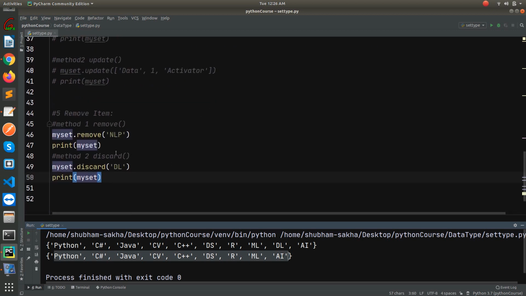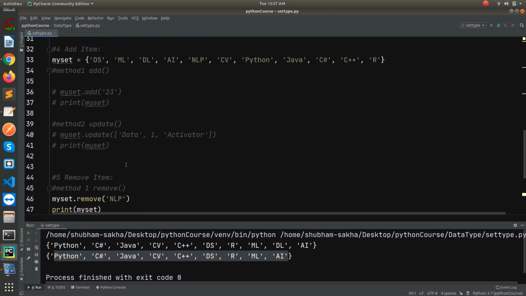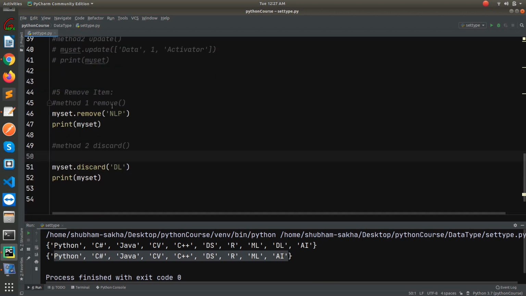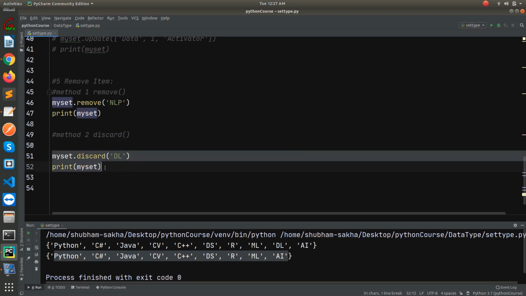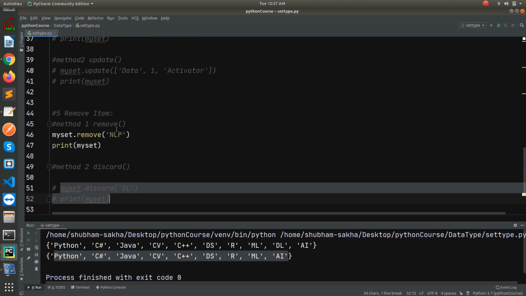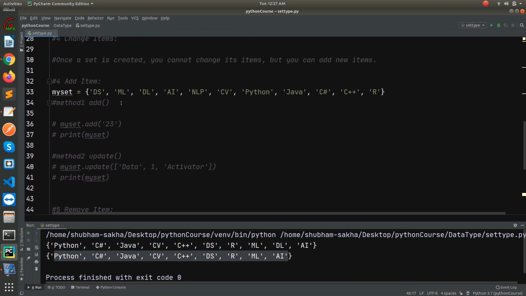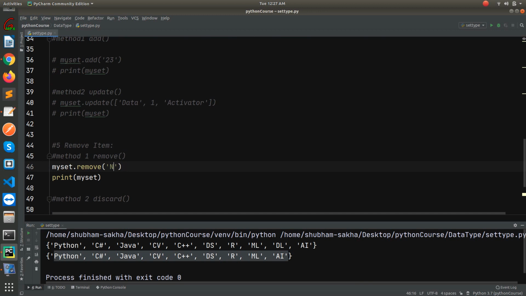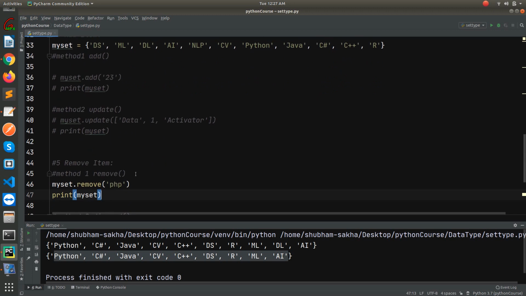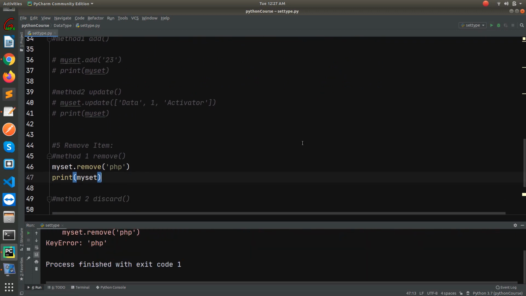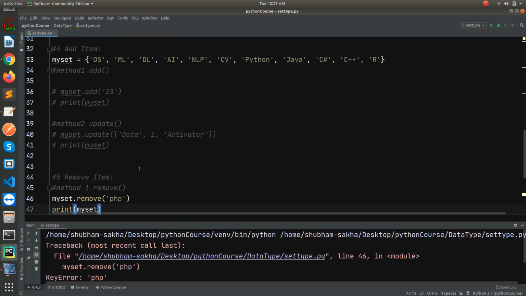Okay, so what is the difference between remove and discard? Let's discuss it now. The difference is, if you remove an item which is not present in your set, suppose there is no element like PHP in our set. So if I try to remove that, my set dot remove PHP, and then try to print it, you will get an error. As you can see, KeyError, my set dot remove PHP, because PHP was not present in our set.